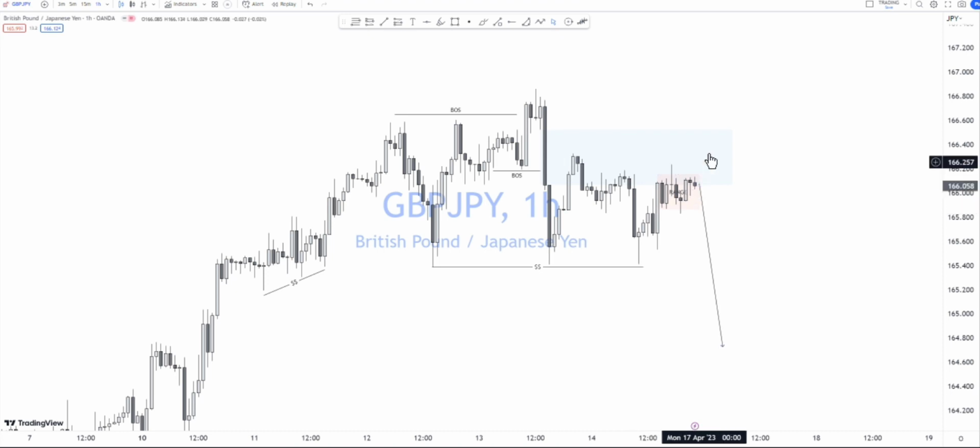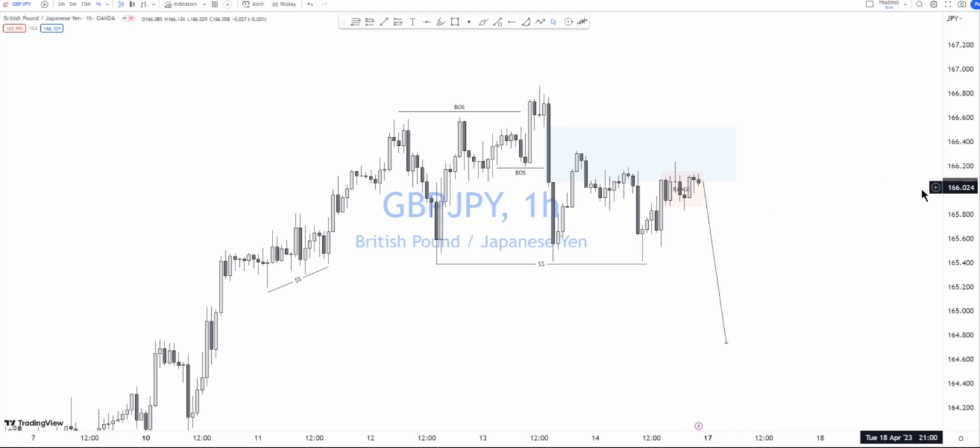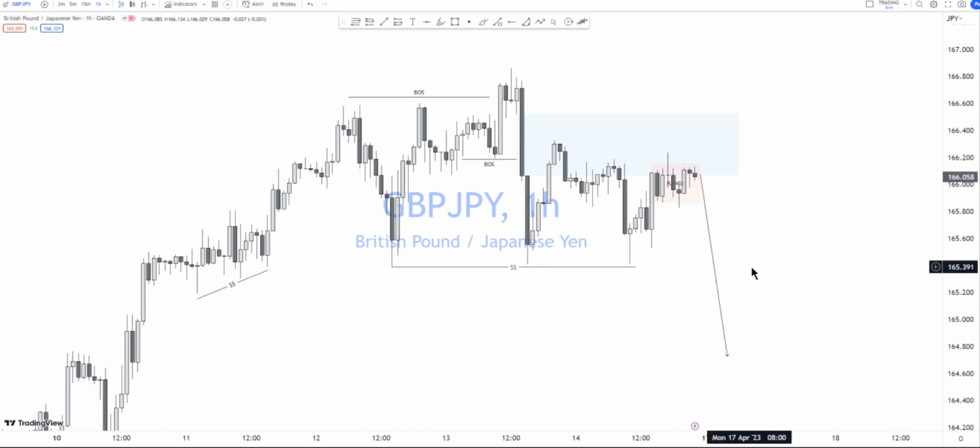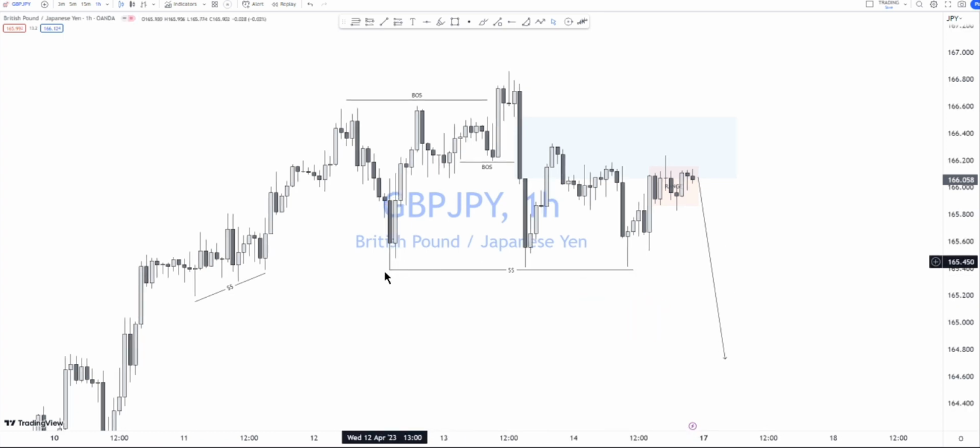If it breaks above this range, then I'm gonna be applying a bit more patience until price comes back and gives me that bearish order flow. But other than that, I'm just gonna be sticking to looking for those selling opportunities. If we do break below, closing below, then I'm gonna be looking for price to pull back and then continue with that move to the downside. As you can clearly see, we have this liquidity here that has not been tested,